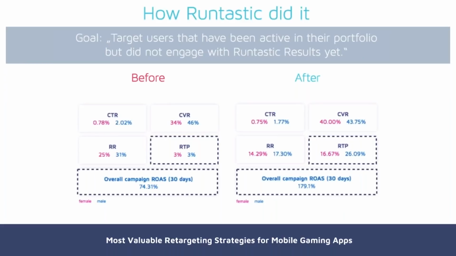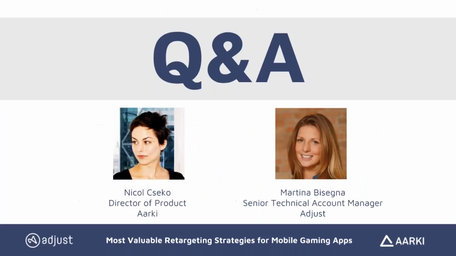So with the extra segmentation achieved through the audience builder, Runtastic was able to target their VIP users much more effectively, as seen with a drastic improvement of RTP, meaning registration to purchase, when compared. So you see here there are two campaigns. You see the registration to purchase increased massively after the use of audience builder, and additionally you see a positive return on ad spend after just 7 days compared to the benchmark campaign where it took a longer